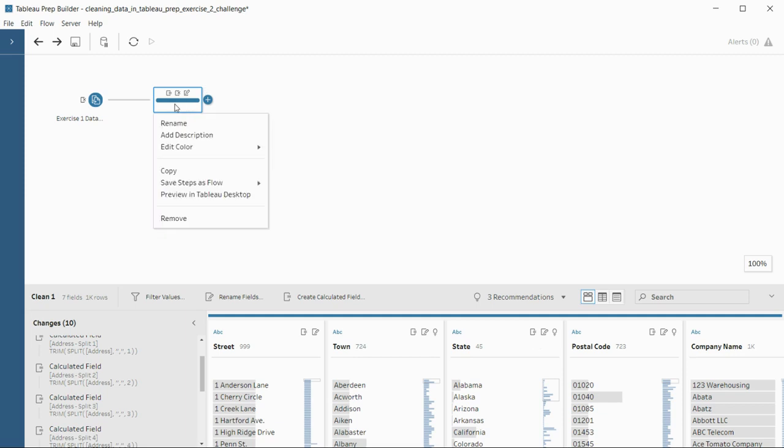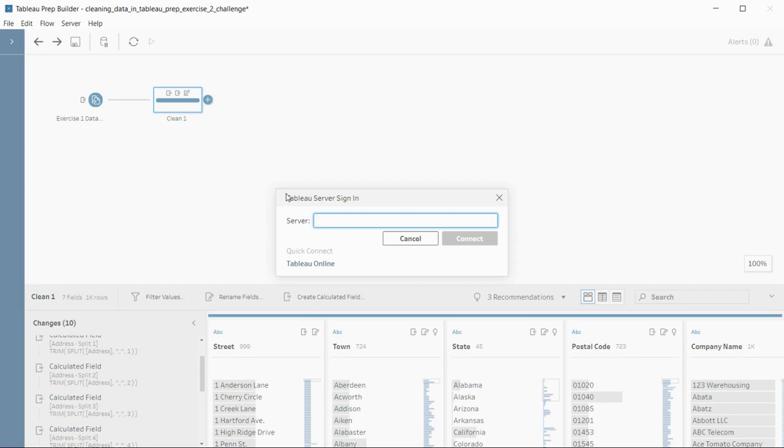The second option is publish to a server. In most companies, they wish to save it on a server. You should not save it in a local file. If you want to save it on a server, you can give the server name. You can sign in to your server, that is, give the link of your server, or provide some credentials of the server and click connect.